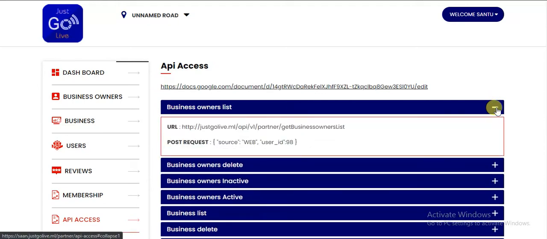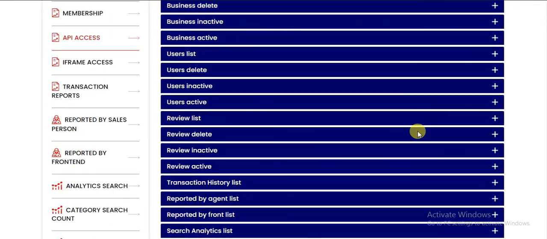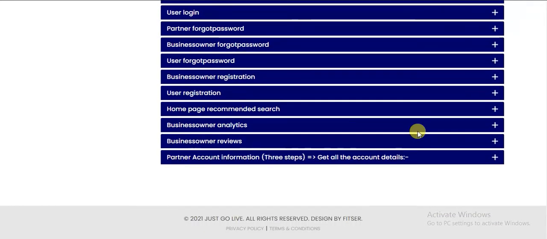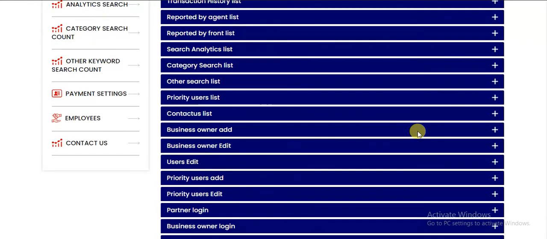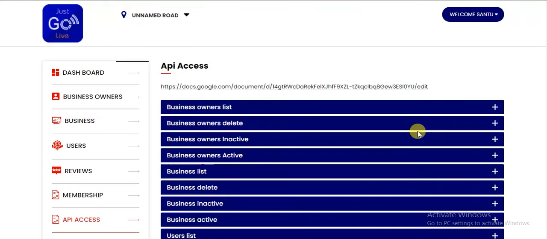Basically, in the API list, you get to see all the APIs available and how the method is being called. And using all these APIs, the user can create a custom website or a custom mobile application for himself or herself. Obviously, in the custom mobile application or custom website, he has the complete right to select the look and feel, color combination, design elements, everything as per his requirement, and he can have 100% customization ability in that.